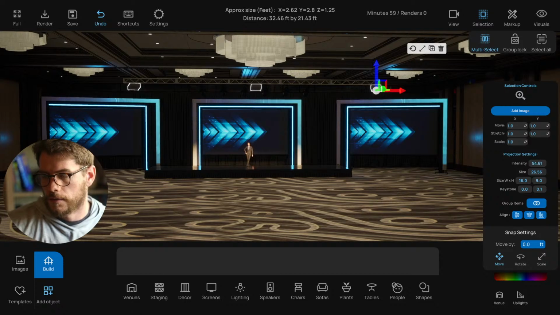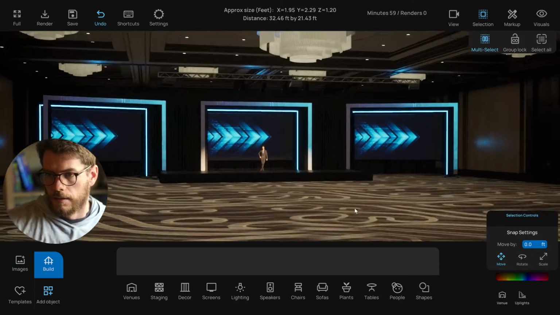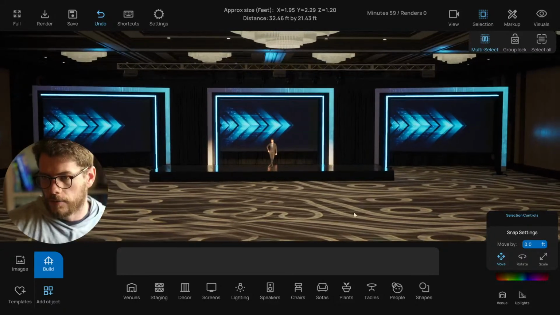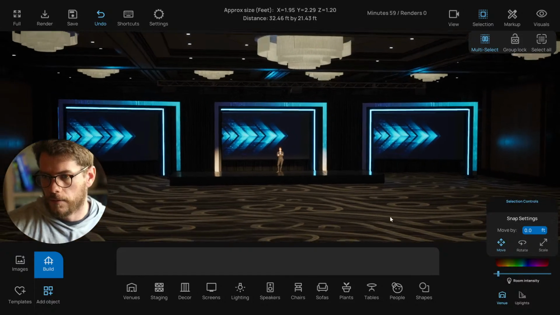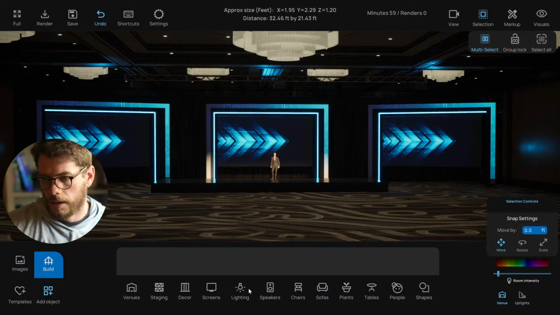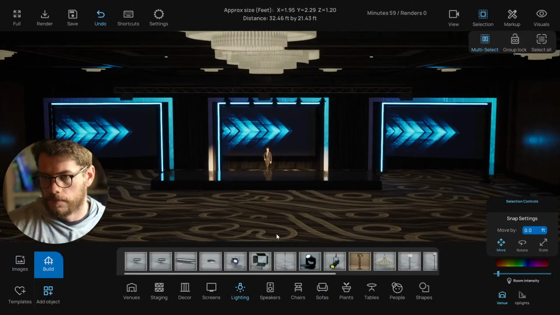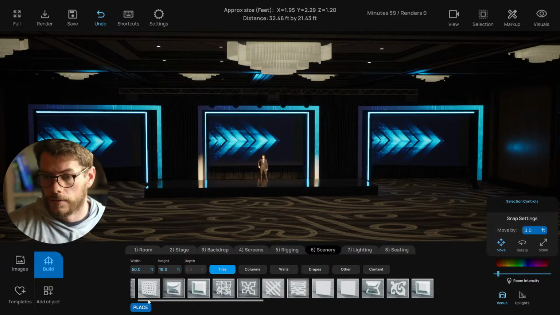So you can adjust the brightness, adjust the image size of all of them. I think this size needs to be a little bit smaller because, in the end, it's a little bit closer. But yeah, so that's kind of the idea I was going for. At this point you could throw some more lighting in maybe. Maybe we add some light to the truss here at the top, so I'll go ahead and just